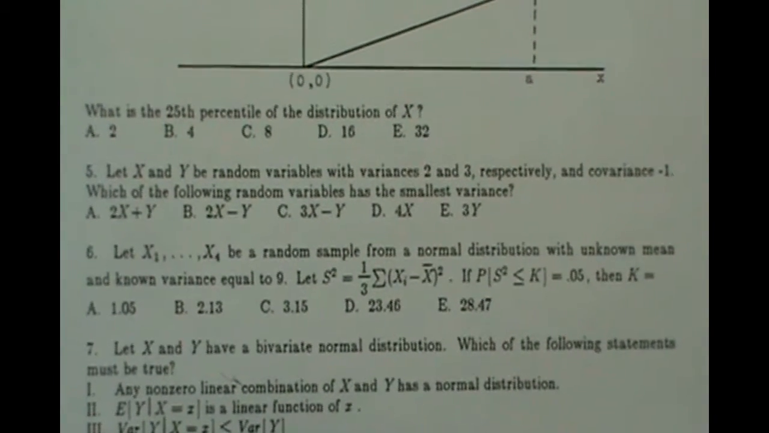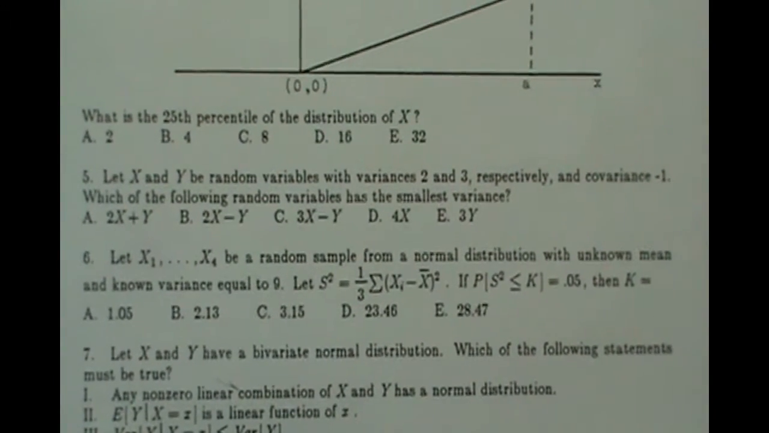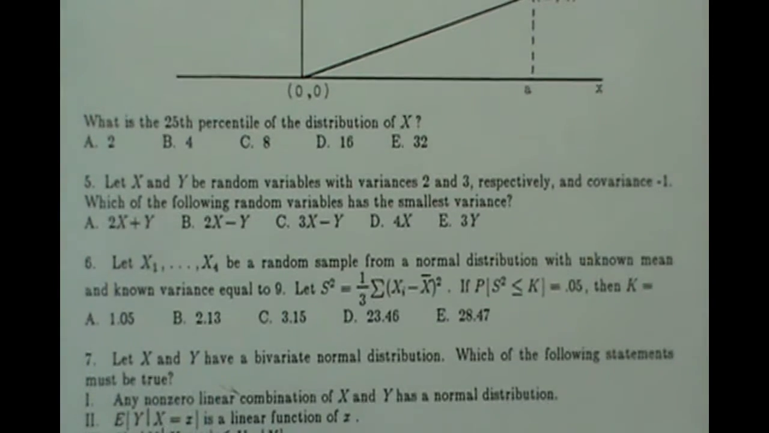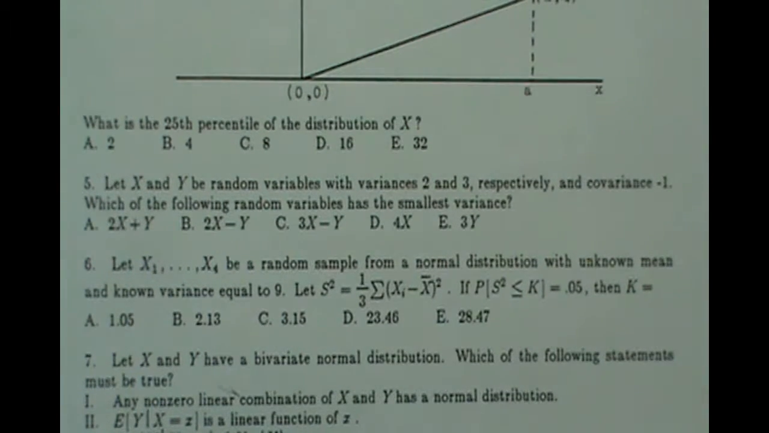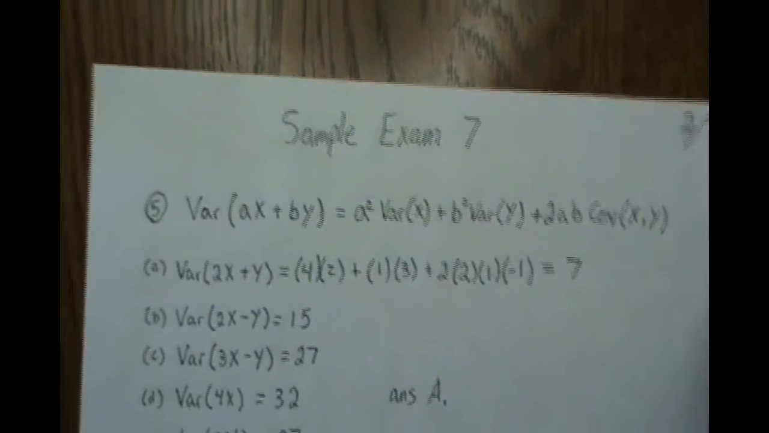Number 5. Let x and y be random variables with variances 2 and 3 respectively and covariance -1. Which of the following random variables has the smallest variance? Now number 5 is